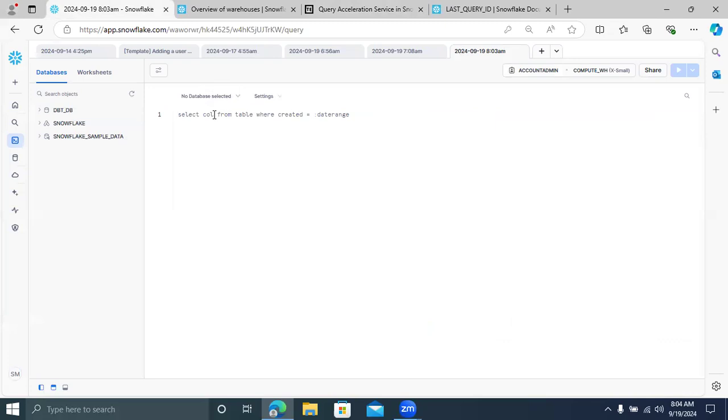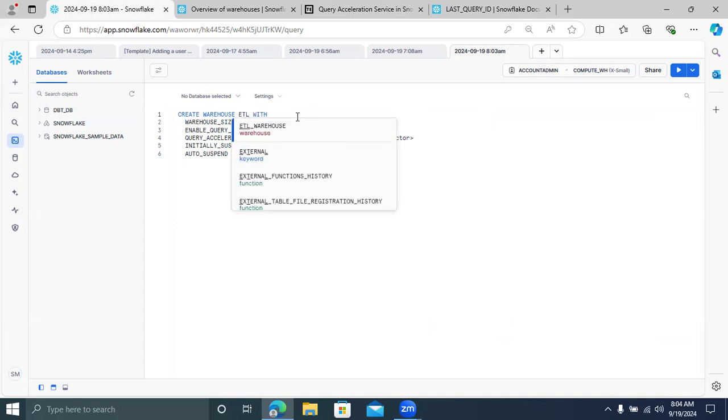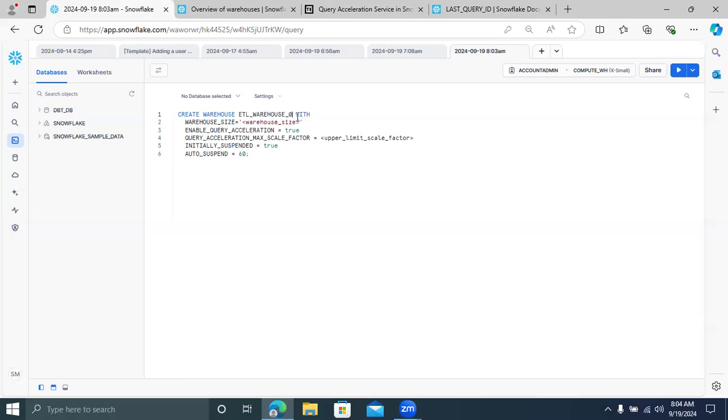Just copy this command, and then I'm going to give the warehouse name as ETL warehouse, just for understanding. I'm giving 01, or you can keep it dev. Dev means development.